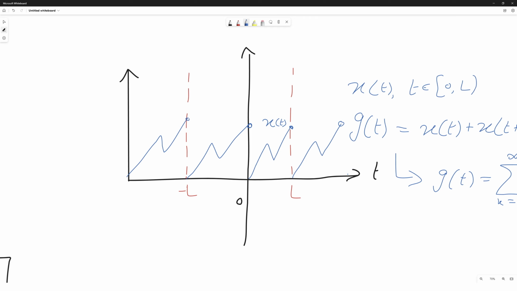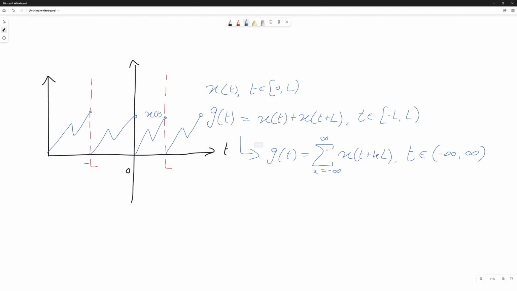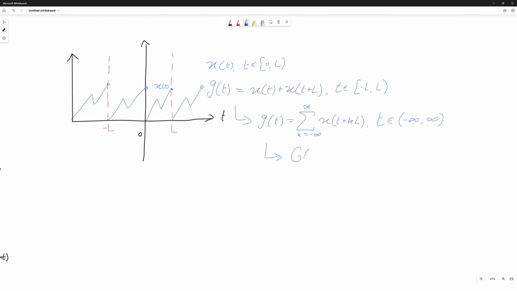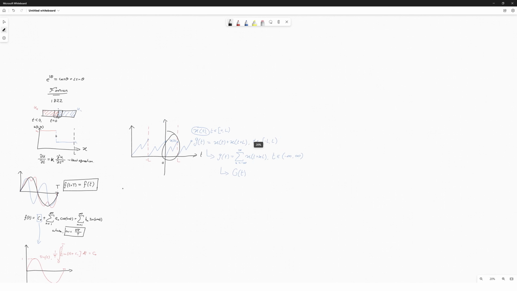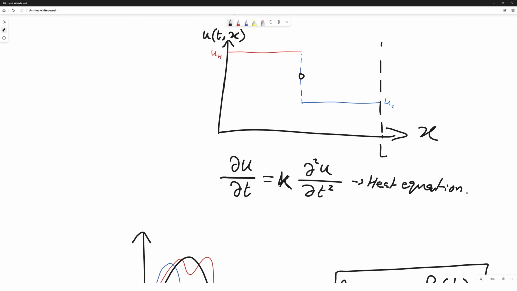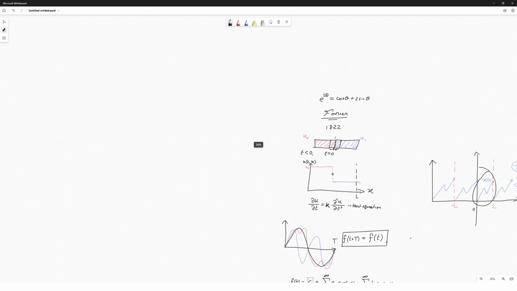And now, just through adding together the same aperiodic function, we have turned our aperiodic function into a periodic function. If we make a Fourier series of this, all we're going to get is a Fourier series of the periodic function. And if we just want information about the original function, all we have to do is only look on the interval from 0 to L. Nothing has changed. And that is how you are able to use the Fourier series to help solve this equation. But moving on,